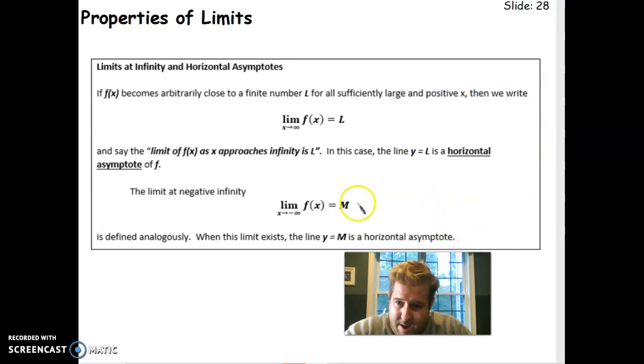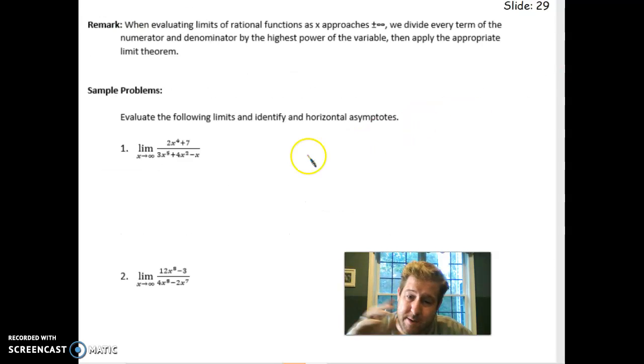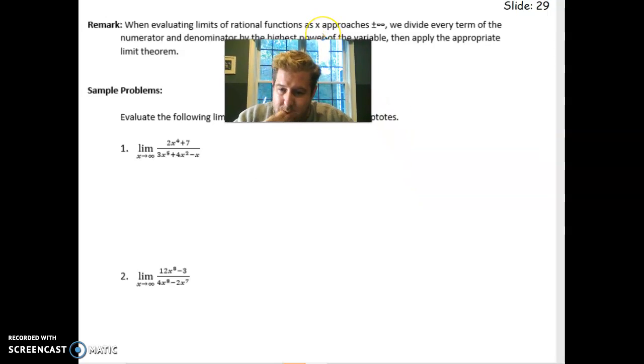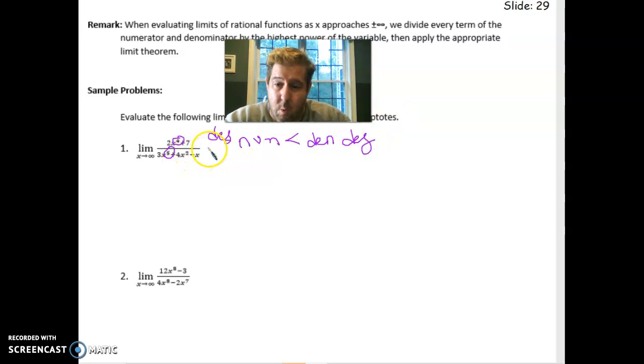All right, so that's basically how you're going to find your limits. It's going to come down to the horizontal asymptote. I already had that discussion, and if you watch prior videos when we talk about rational functions, you have seen that when the degree of the numerator, which means 2x to the 4th and 3x to the 5th, is less than the denominator's degree,